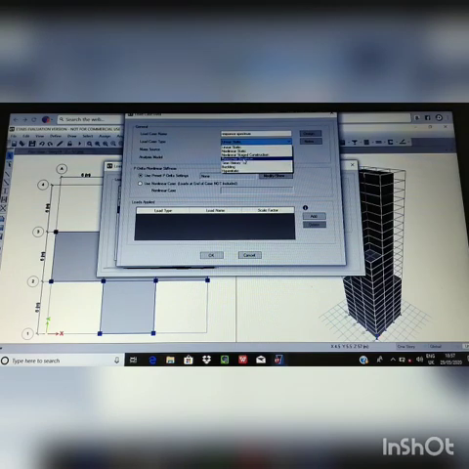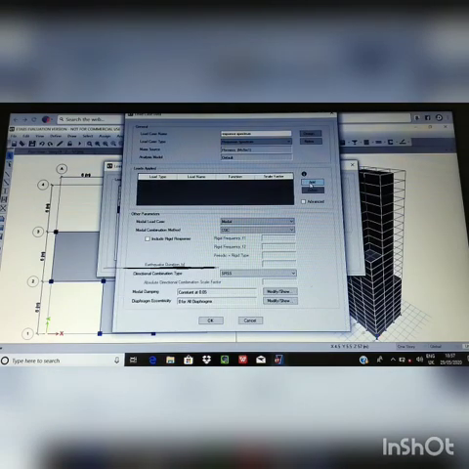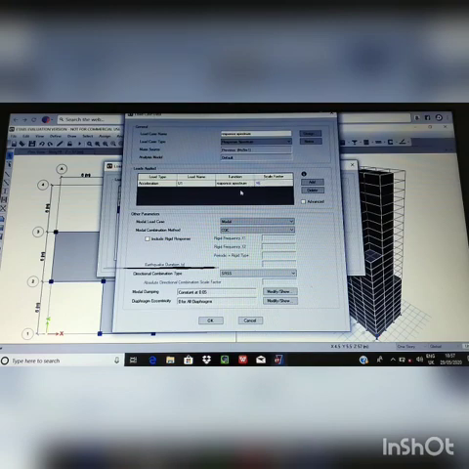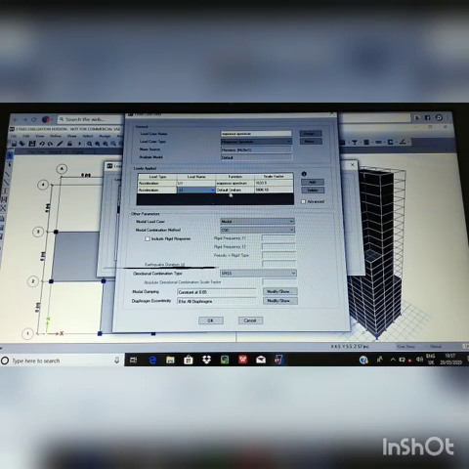Then click on Add. Here the function name is changed to response spectrum and the scale factor is calculated by formula, that is 1633.5. Then click on OK.